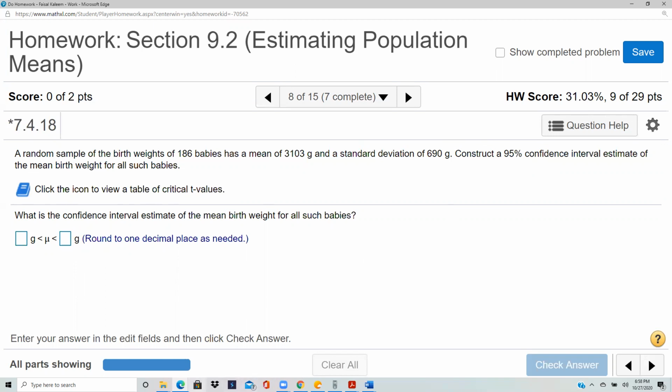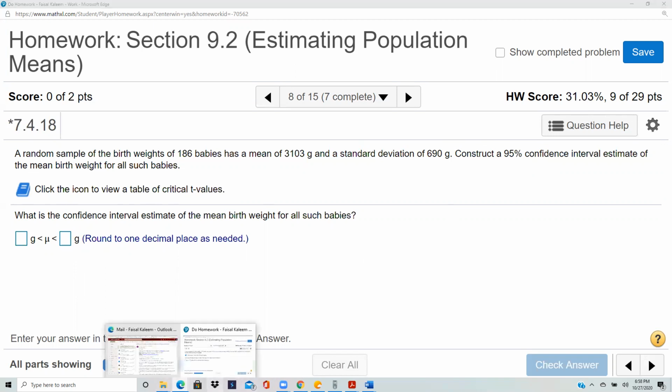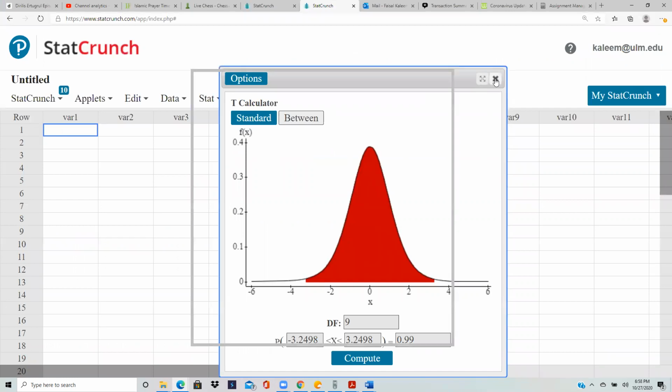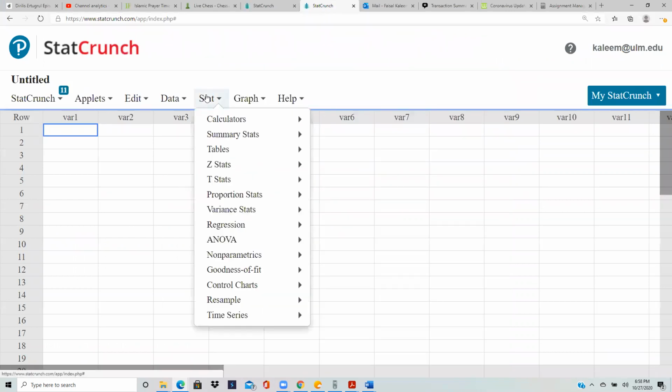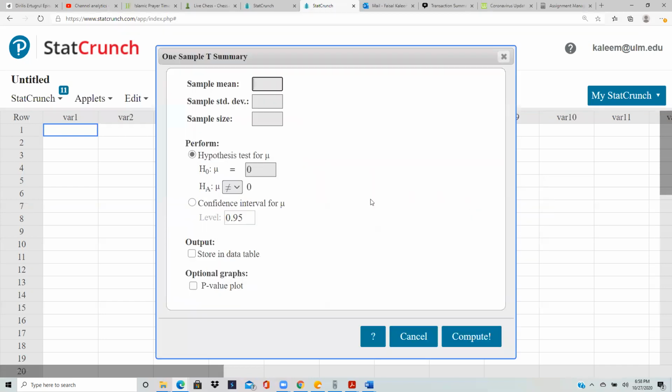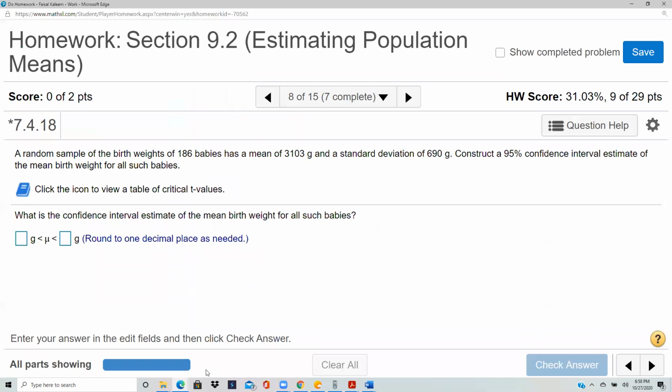So in StatCrunch, we will be doing Stats, T-Stats. And usually it's going to be One Sample with Summary, unless data is given. Stats, T-Stats, One Sample, with Summary. And now you enter the information that's given. So we were given that